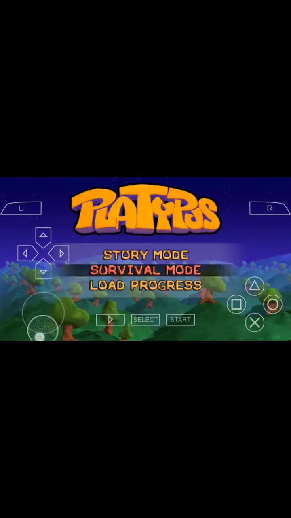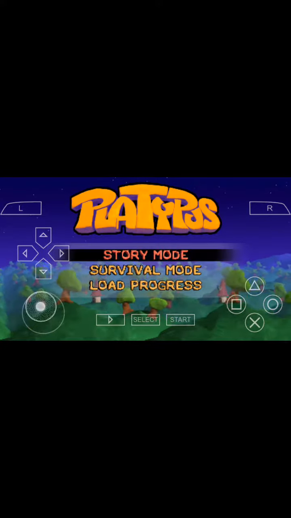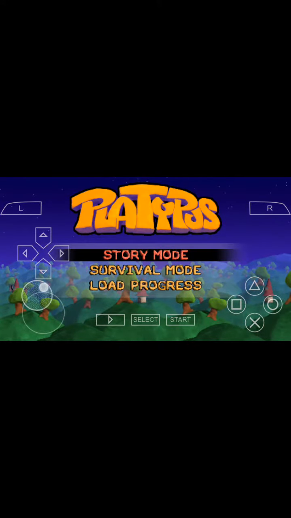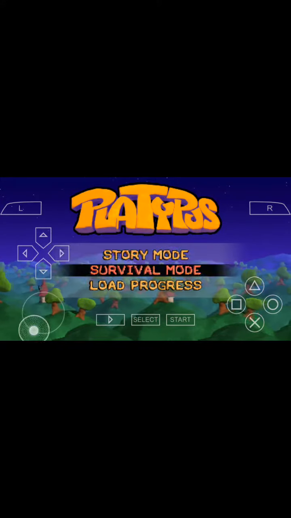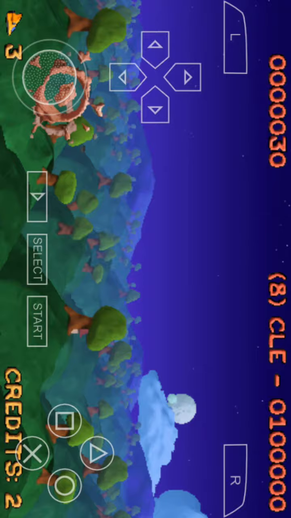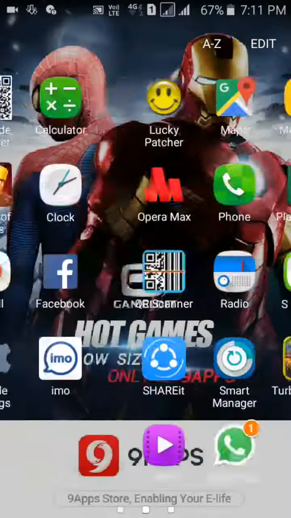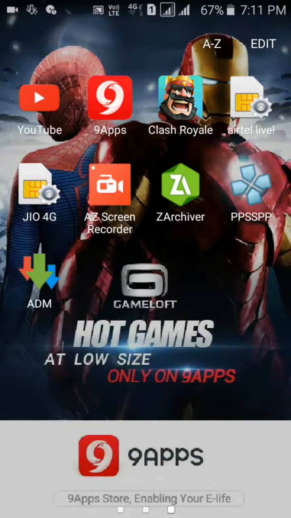So I have extracted it in the PSP folder in the game folder, and your game has been extracted there. I have selected that and I am starting to play. You can see here level 1 is coming. It's a very interesting game. So that is the way you have to do it.